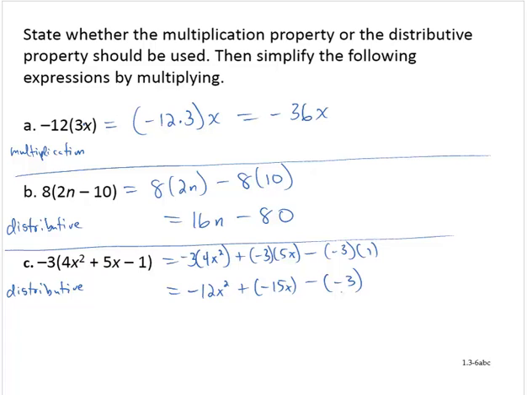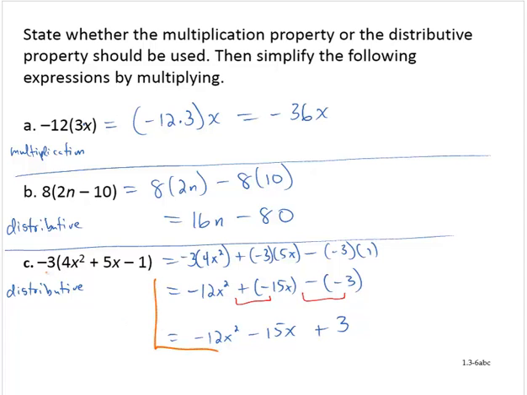This is not really simplified. We don't like this plus a negative number, and we don't like this minus a negative number. And so we simplify this by writing negative 12x squared minus 15x plus 3. Now usually though, we don't go through all of those steps. What I would do in practice is simply say